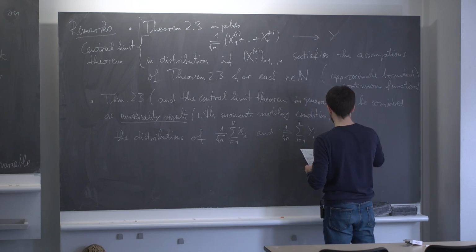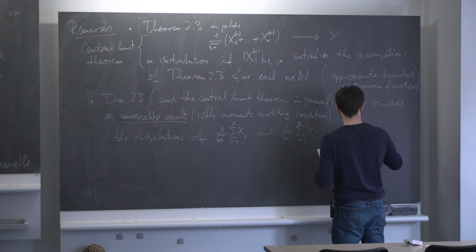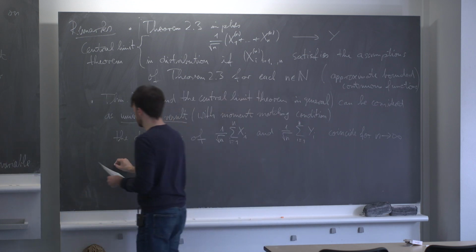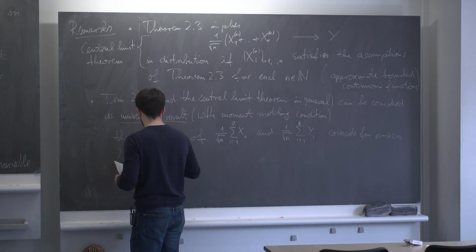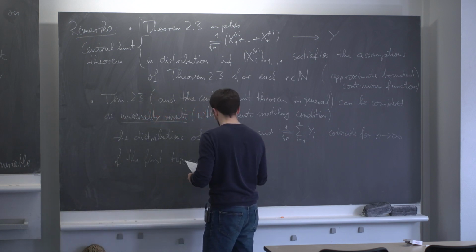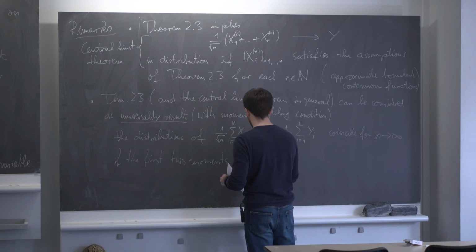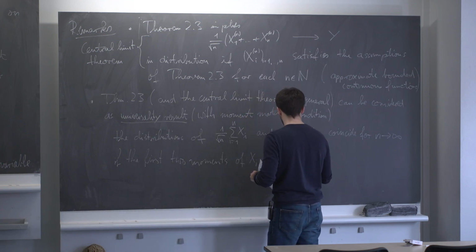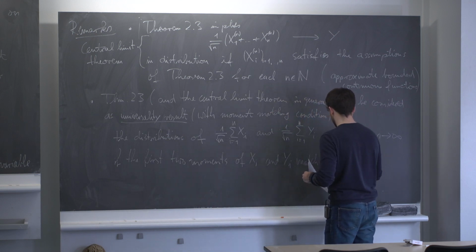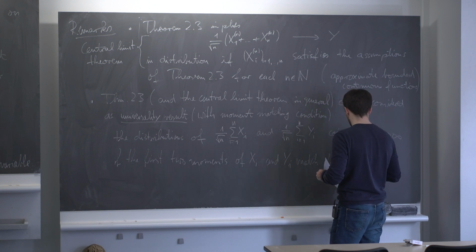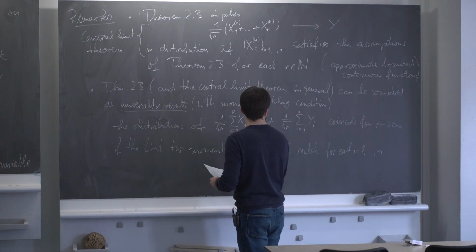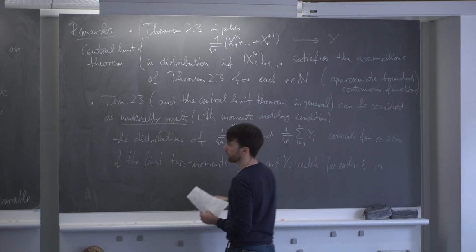So these distributions coincide in the limit when n goes to infinity if the first two moments of xi and yi match. And this, of course, for each i from 1 to n. And now you don't quite see the yi's yet, but they will appear in the